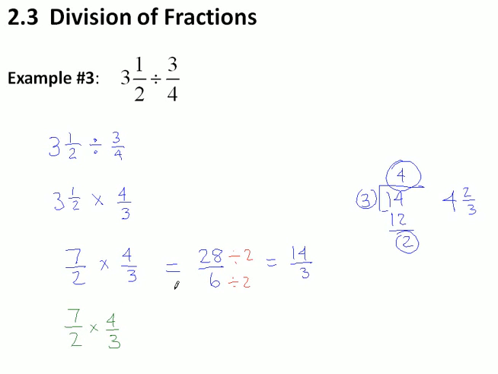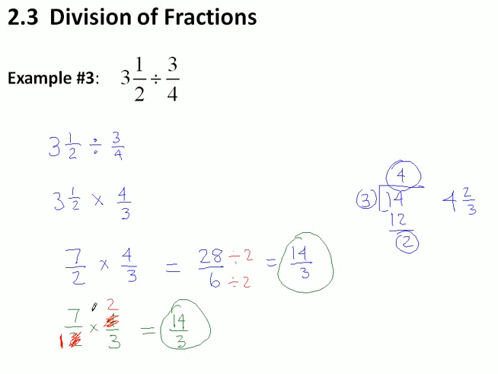It completely doesn't matter. You can go 2 divided by 2, that leaves you with just 1, and 4 divided by 2 leaves you with 2. Once you've done that, you carry on with your multiplication. 7 times 2 makes 14, 1 times 3 makes 3. Same answer that we got the previous time, but this kept your numbers a little smaller, which really helps